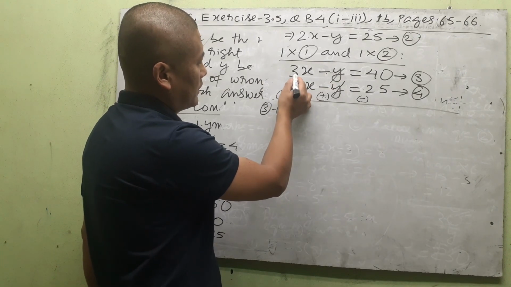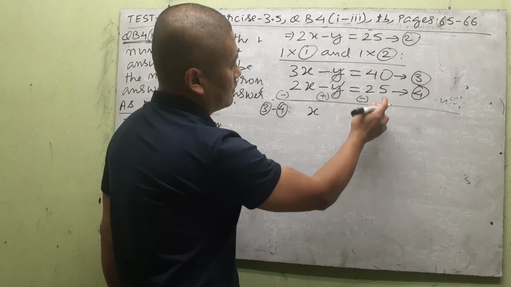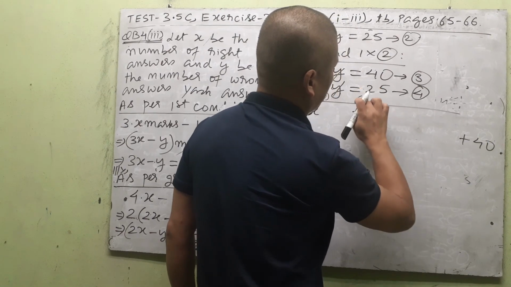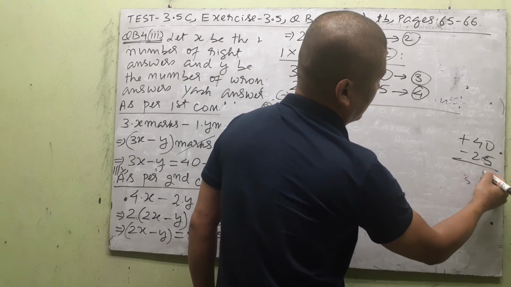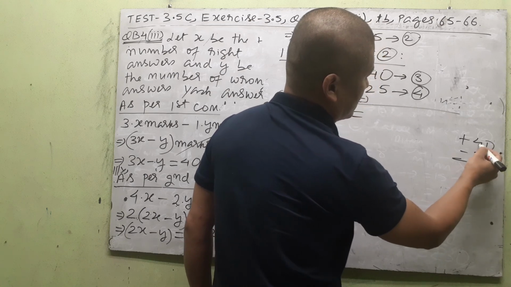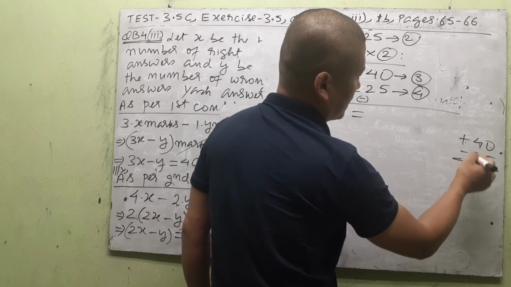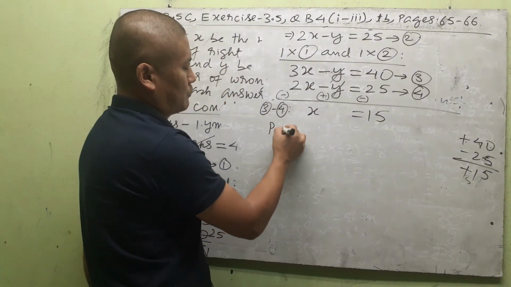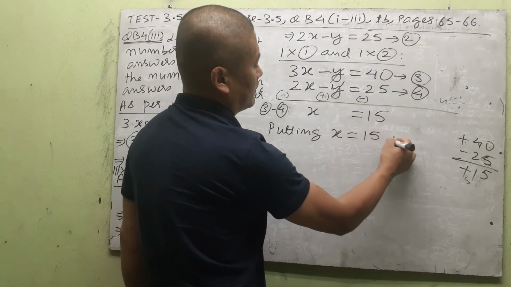Plus 3x minus 2x is plus 1x is equal to plus 40 bigger, and now this is no longer plus, minus 25 smaller, put down, subtraction. 10 minus 5, 5. 1 is taken from 4 to make 10 here, so only 3 left, 3 minus 2, 1. Bigger one has plus sign, so here also plus, so x equal to 15. Now putting this one here, putting x equal to 15 in